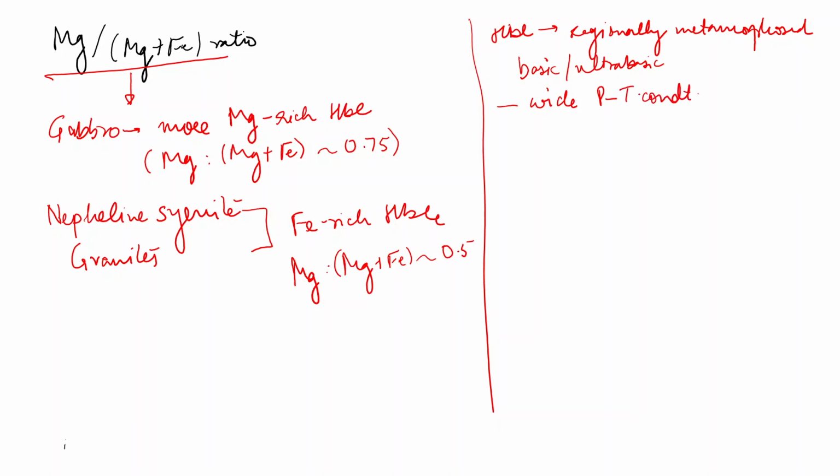Therefore hornblende can occur from the upper greenschist facies